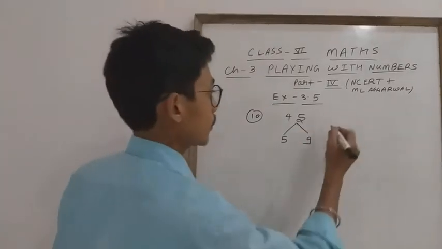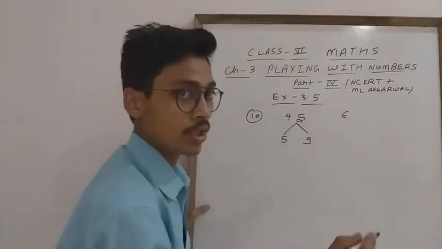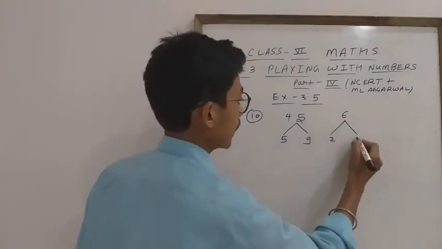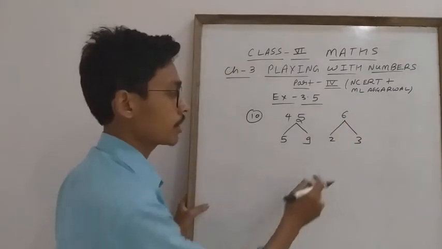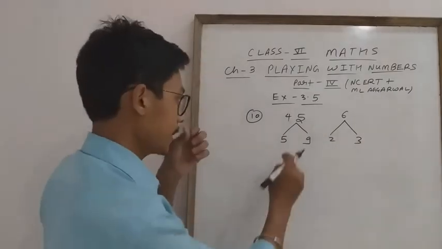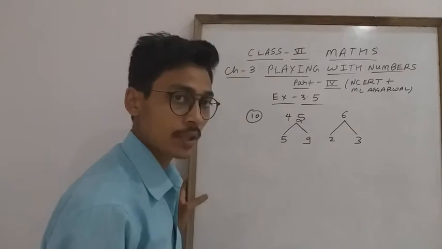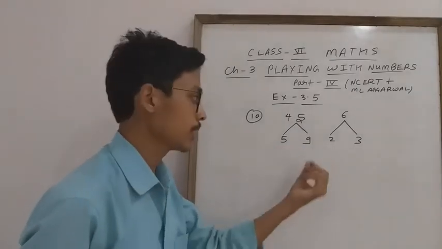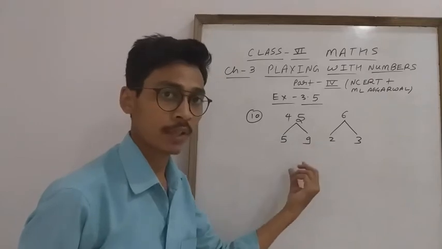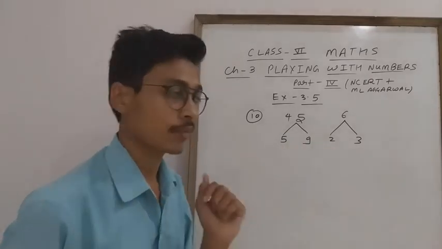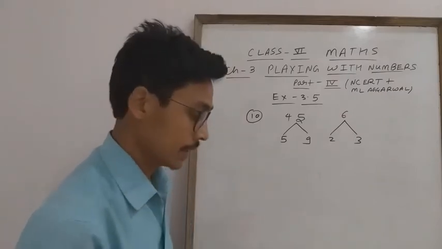How? Like if you have to check the test of divisibility by 6, you will check the test of divisibility by 2 and 3. If the number is divisible by 2 as well as 3, you will say the number is divisible by 6. Similarly, 45 is given, students, so we will check 5 and 9. You know the test of divisibility by 5, and you know the rule of 9, then you will apply them. If the number is divisible by both, it means the number is divisible by 45. So in the 10th question you will apply this process.